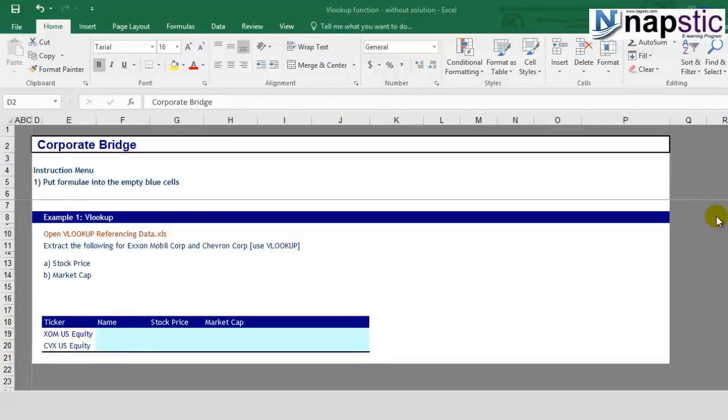Let's now go ahead and understand the VLOOKUP function. It is basically the vertical lookup function that we're going to understand. We'll use this example and it'll be very easy for you to learn what this function actually does. Now, what does this example say? It asks us to open the VLOOKUP